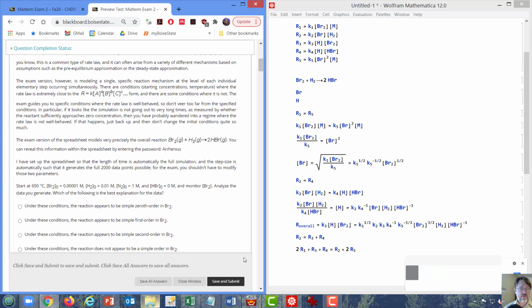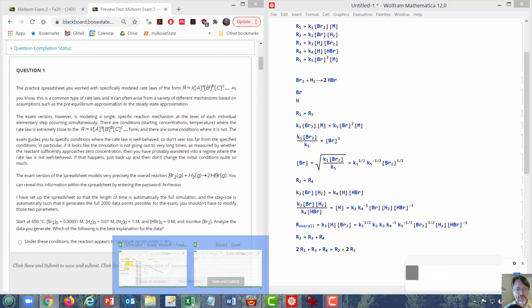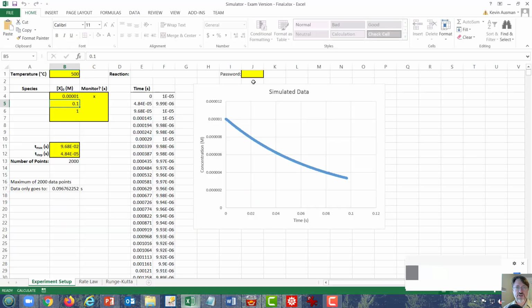Now, for this, we need the spreadsheet. We are told in here that the password is Arrhenius. So bring up the spreadsheet, password Arrhenius. So this shows up and these show up. So we now have what the overall reaction is, and we now have the species labels that we are trying